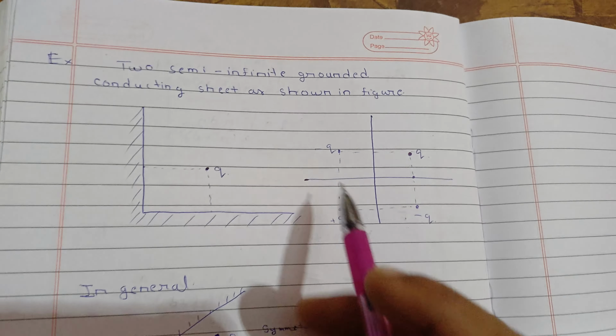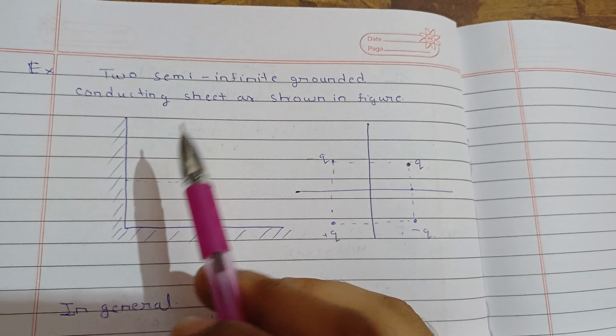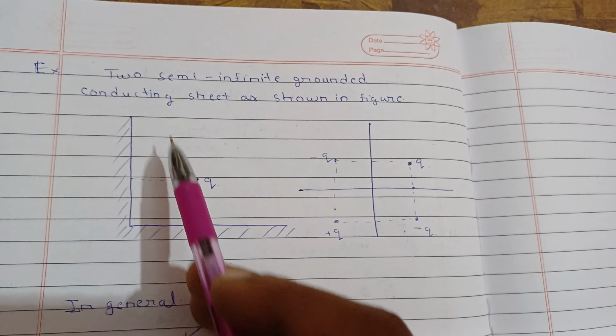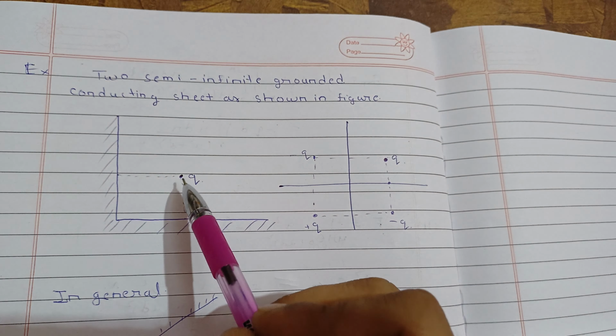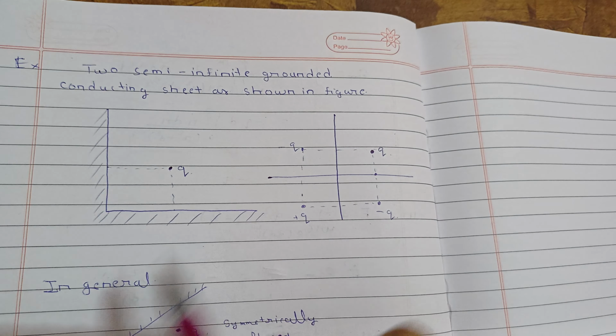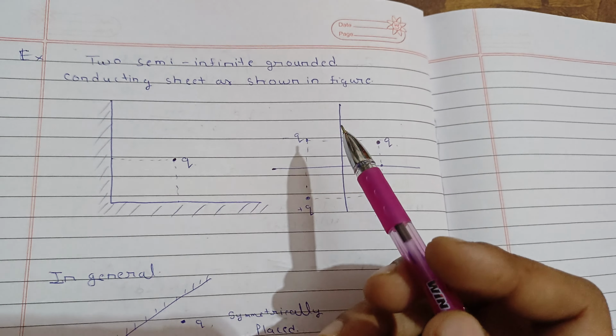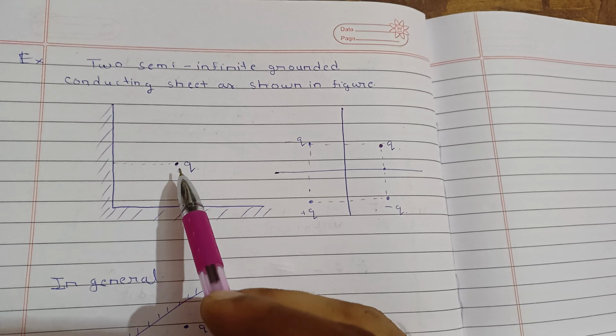So let's see one more thing. This time, two semi-infinite grounded conducting sheets as shown in the figure. So two infinite grounded sheets are given, and there is this q charge placed, and we need to find the force on this q charge due to these sheets. So again, now you can make an equivalent situation. How? You need to assume there will be three image charges this time: minus q, plus q, minus q. So why is it so? Because only this situation now can give you the same situation as this.